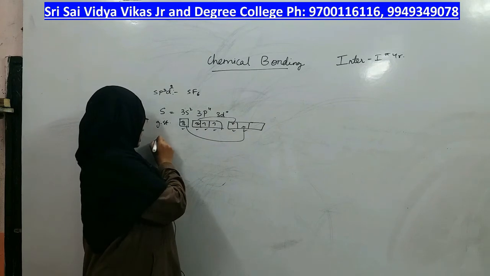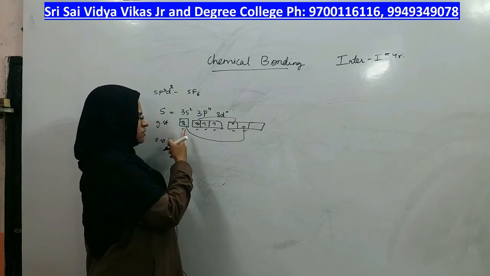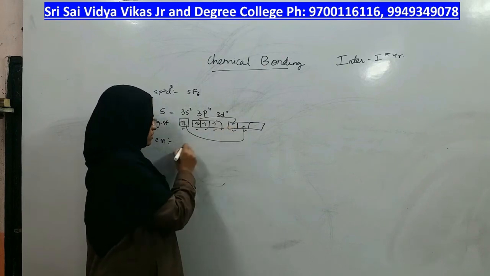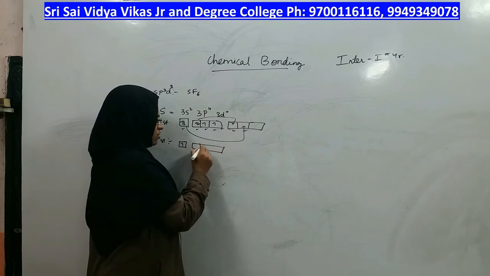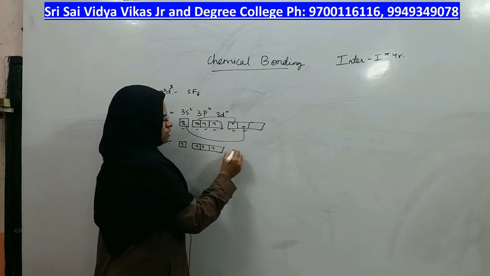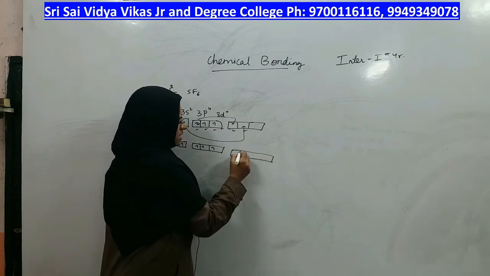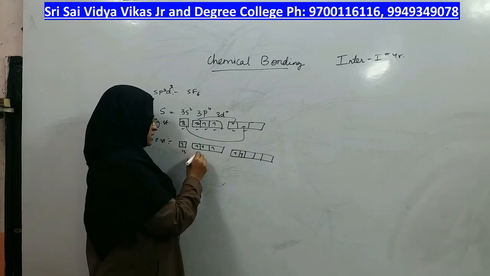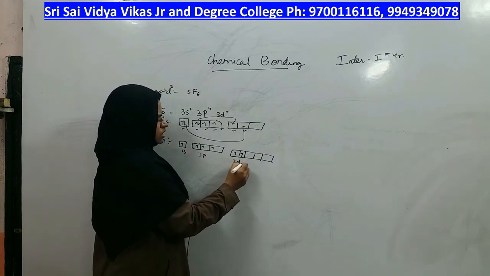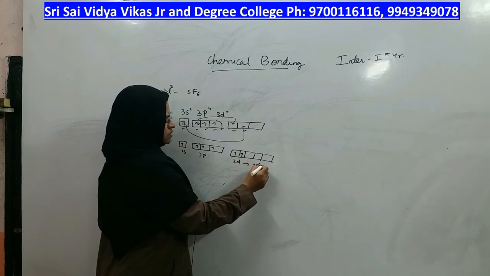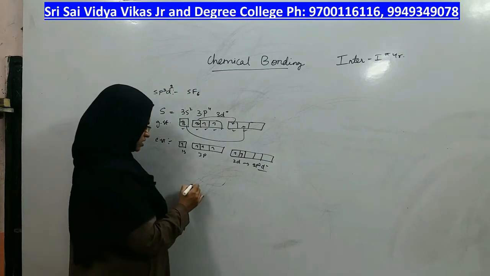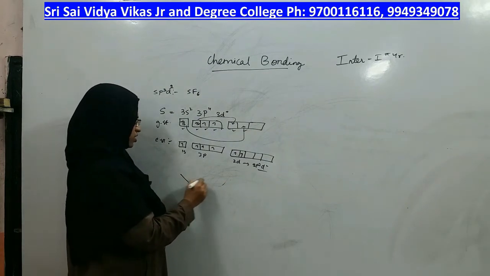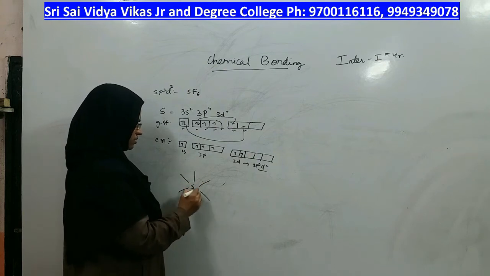right? So now let us look at the excited state configuration which takes place after giving 2 electrons into the d orbitals also. The s orbital has 1 electron only, the p orbital has 3 electrons only, and now the d orbitals got 2 electrons, right? So 1 s, 3 p and 2 d intermix to give sp3d2 hybridization, right? So now once the hybridization is formed, what is the shape or geometry? It is octahedral geometry, in